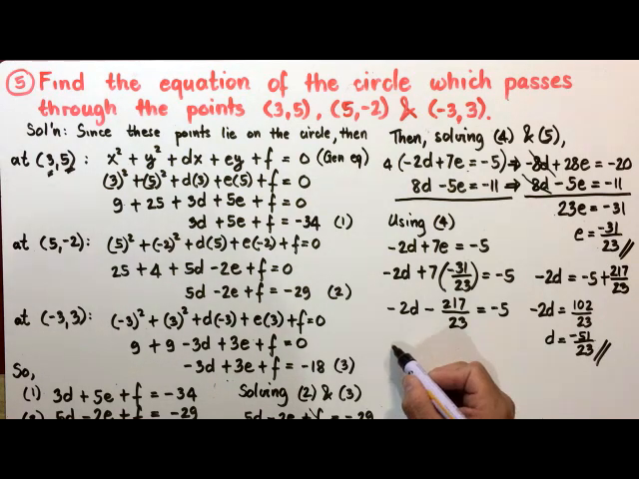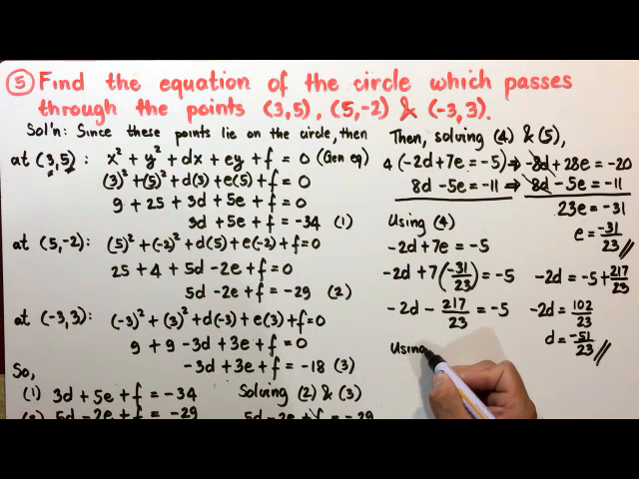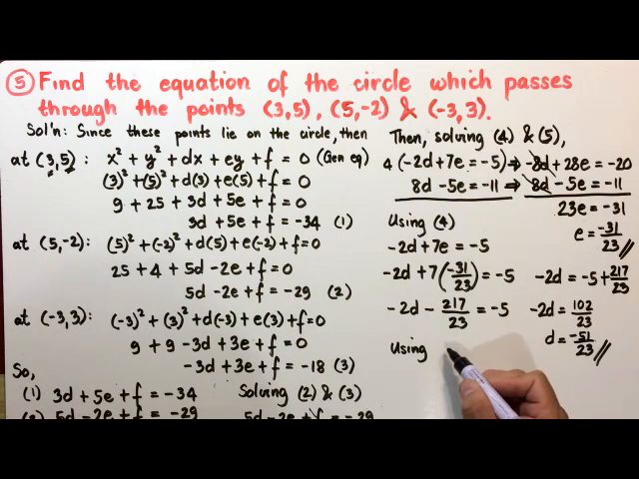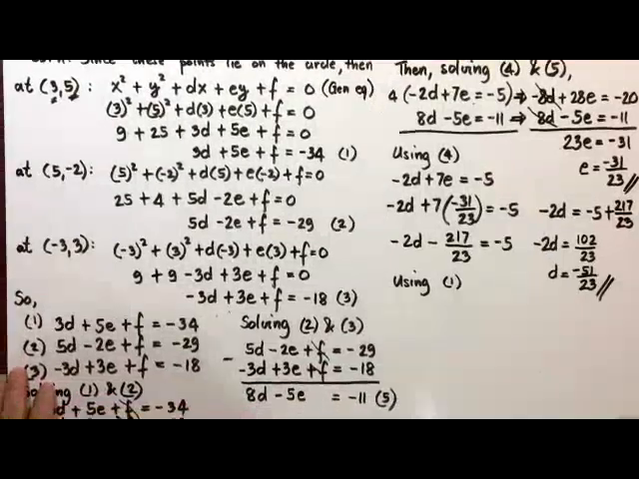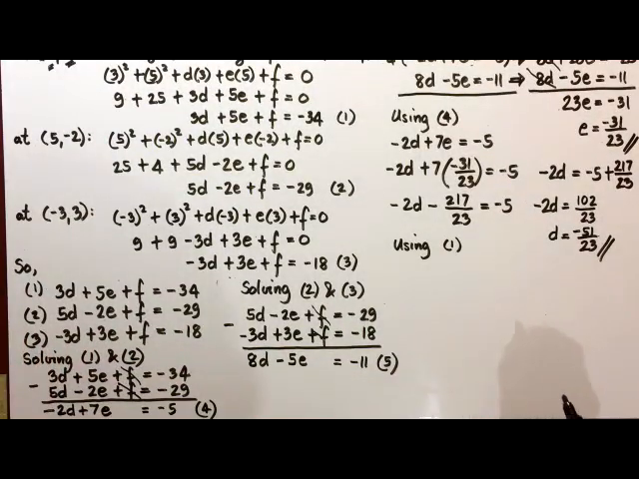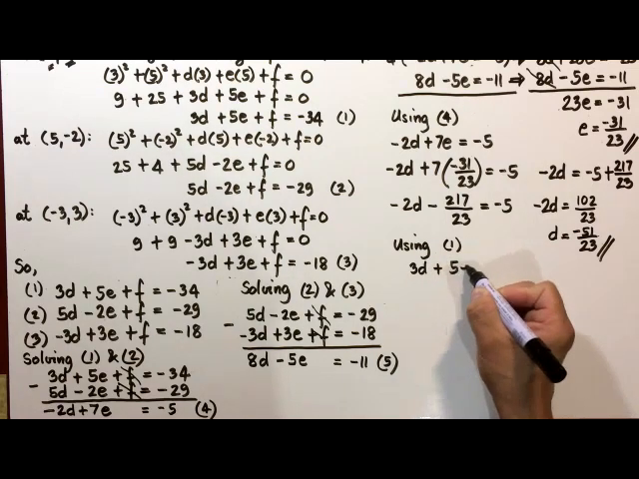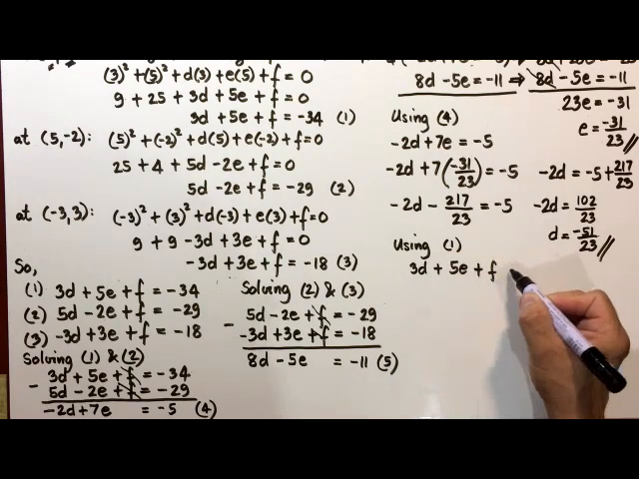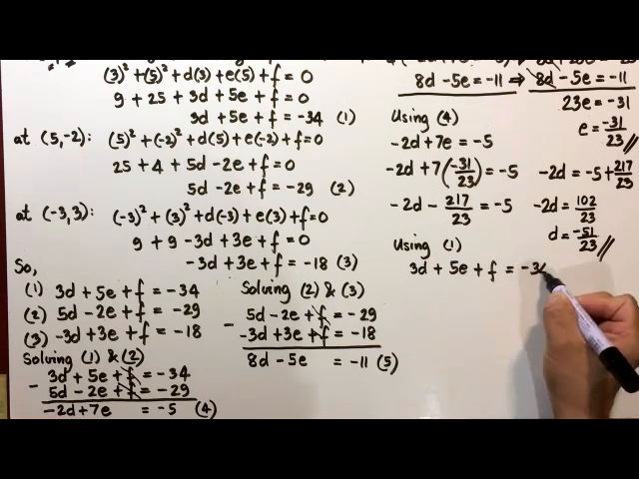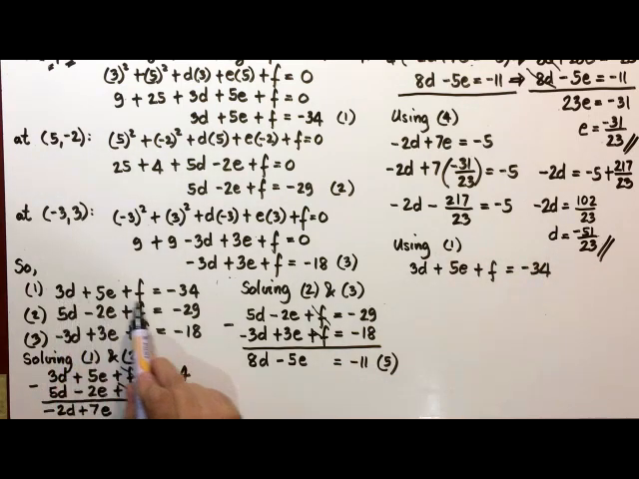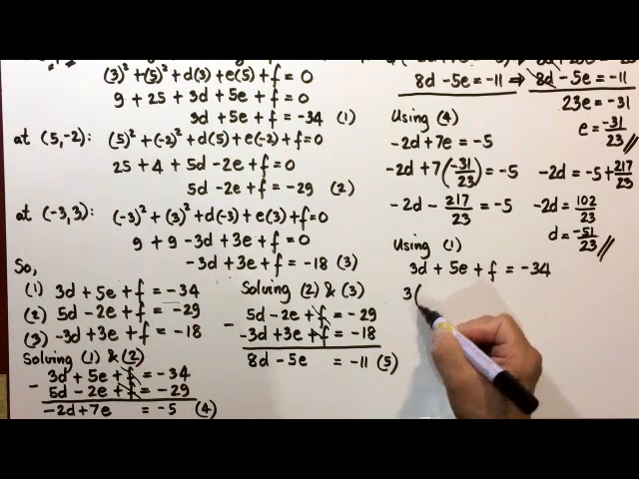Now I need to solve for my f. So using equation, maybe equation 1. So what is my equation 1? My equation 1 is 3d plus 5e plus f is equal to the -34. You can recall it here, the first equation. But I know my d. My d is -51 over 23